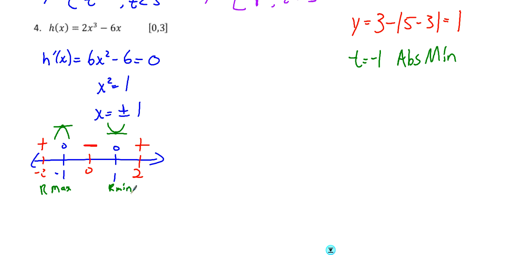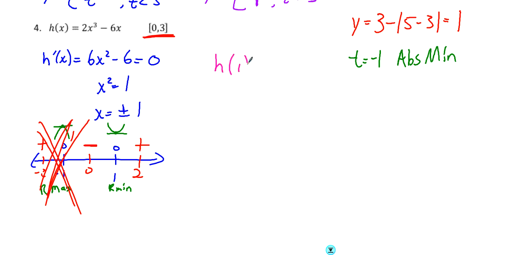Now, there's only one problem. We can't use -1 because our interval is only from 0 to 3. So we cannot use this one. That is not going to be something that I can use. So basically I can use 1, and we know that that's a relative min, but we don't know if it's our absolute min. So first thing we're going to do is we're going to plug in,